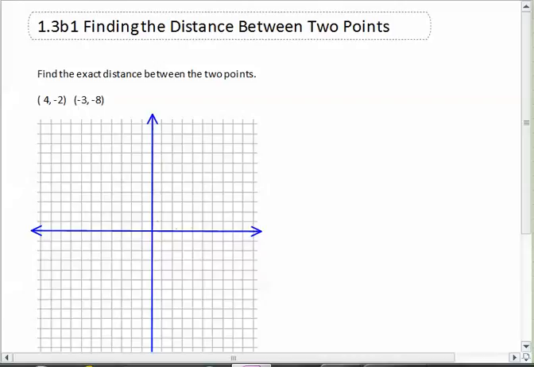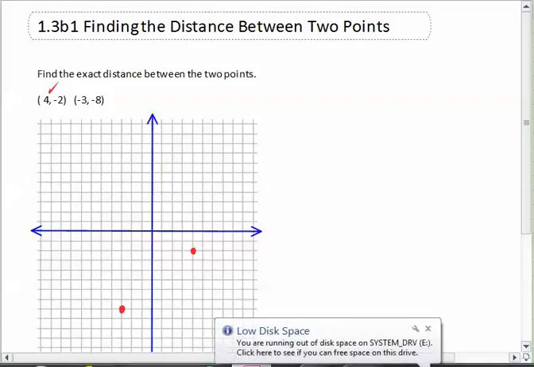We're going to go over 4 and down 2. Okay, that's that point there. And then we're going to go -3 and -8. 1, 2, 3, 4, 5, 6, 7, 8. Now,